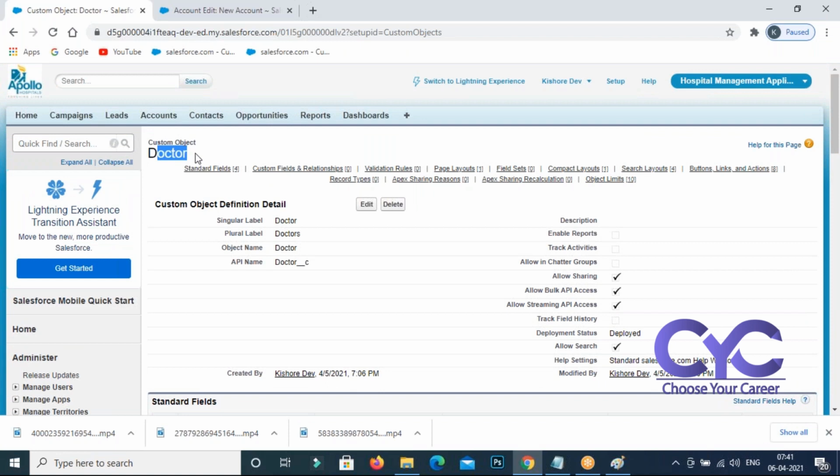The object name is the Doctor object. That is about the object. You need to create the object like this. Is it clear about this object? This object is there in the Salesforce database. Is it clear or not? Yes, right. If anyone is having any doubts, tell me. Mazibin and Nandini, is it clear about this object? Yes, good. But the thing is, this object is there in the Salesforce database.